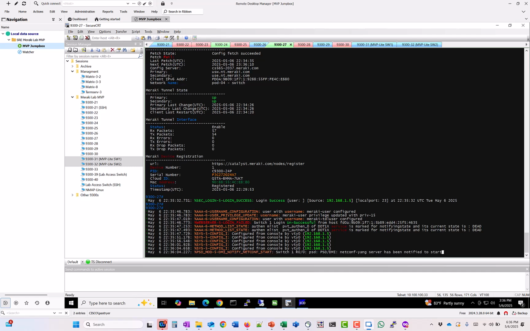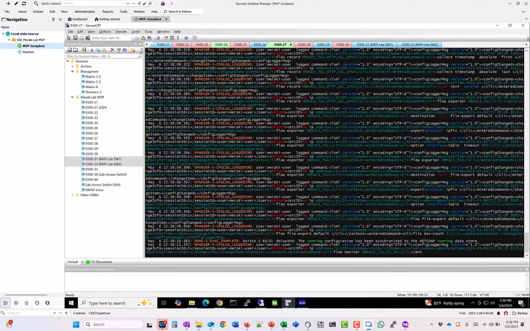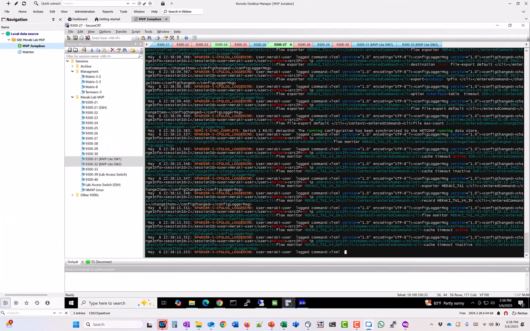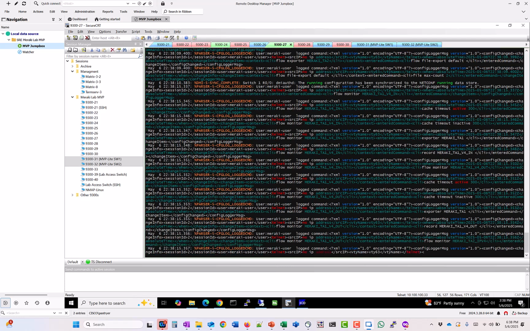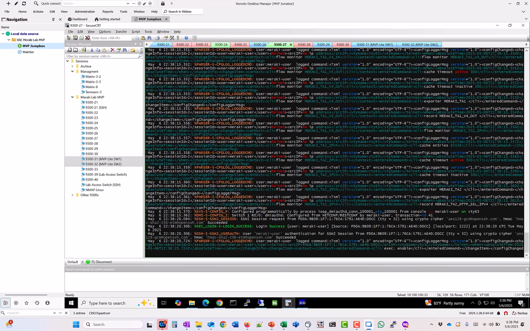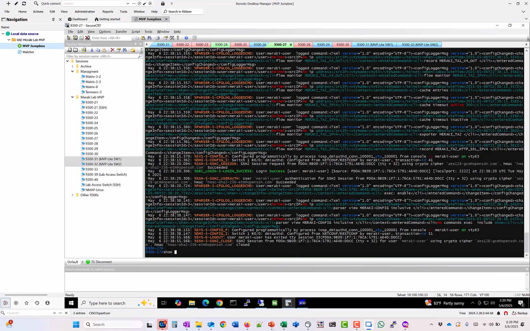I'm going to fast forward this. It takes about 2 minutes, so I'm going to fast forward to near the end of the EEM script adding the configuration. Now that we're near the end, you can see that the switch is still doing a few things, but it is in the dashboard and being managed by the dashboard. And when in hybrid mode, when you say manage, we're really just monitoring it because the config still lives on the switch. Let's go ahead and do a show meraki,